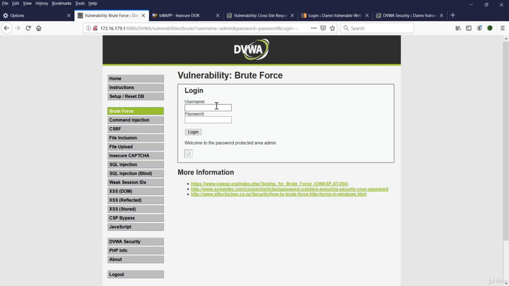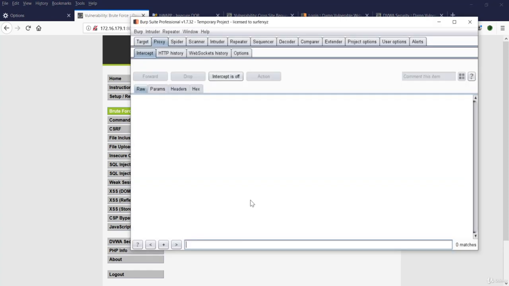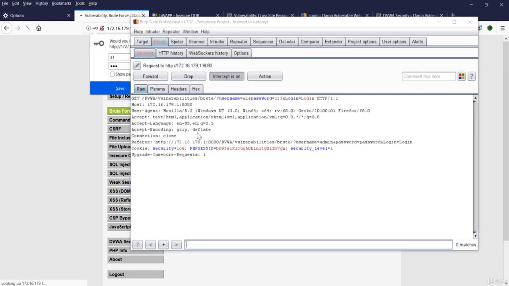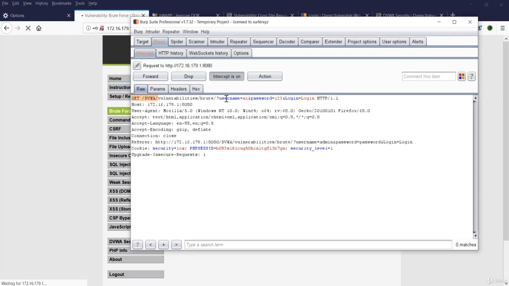For example, let's enter username as A1 and password as 123. Now let's intercept this request in Burp Suite. So you can see over here that it's a GET based request and the username and password are being passed in